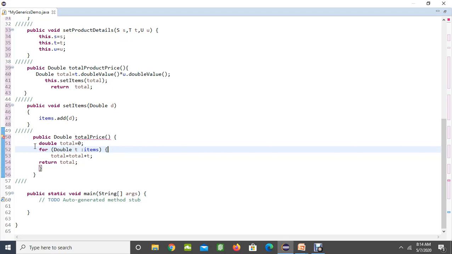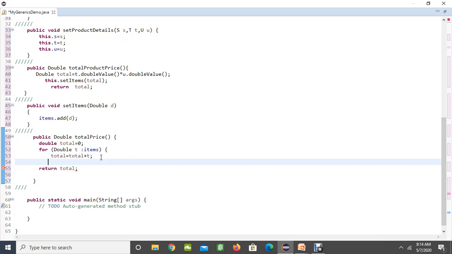Here we are getting an error. Let me check what it is. This method must return a double value. Let me show you. What we have to do is this supposed to be here, since we have to return after the for loop, right? After we get the total, we have to return this value. So after we get the return, we are going to display the total value in our shopping list.